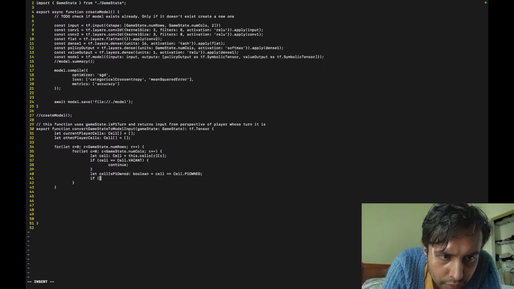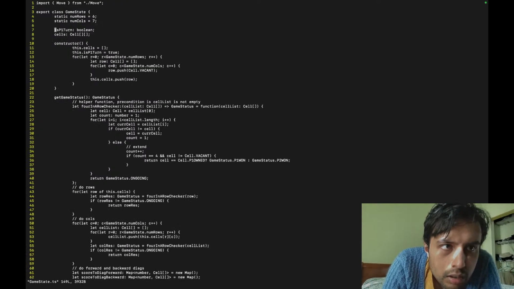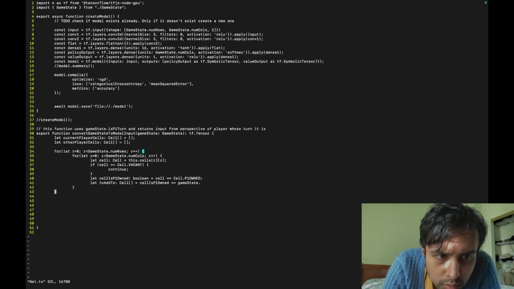So then let to add to cell equals, and then if the cell equals the game state dot, what's it called, okay, yeah. Right, where am I?